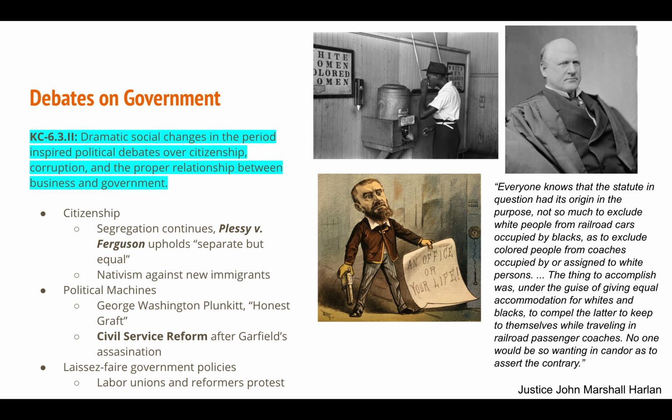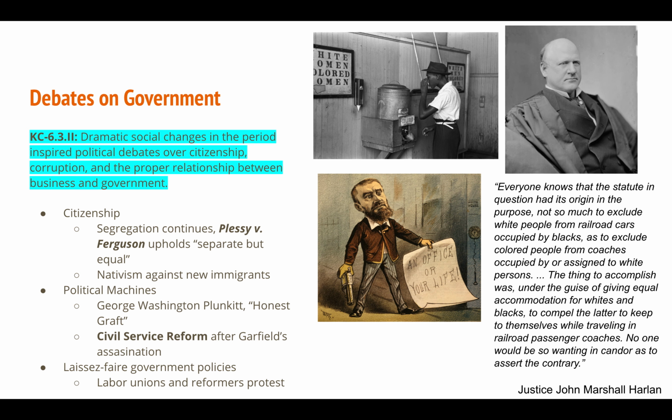All right. So we have dramatic social changes in the period, inspiring political debates over citizenship, corruption, and the proper relationship between business and government. We still have segregation from the previous historical period, and in this case we have a Supreme Court case, Plessy versus Ferguson, that upholds this idea of separate but equal, of segregation. And Supreme Court Justice John Marshall Harlan, just as he had opposed the outcome of the civil rights cases, which weakened the 13th, 14th, and 15th Amendments, opposes here with Plessy versus Ferguson, and